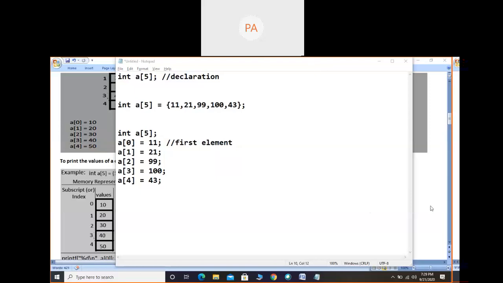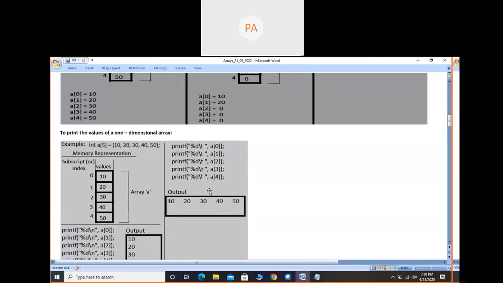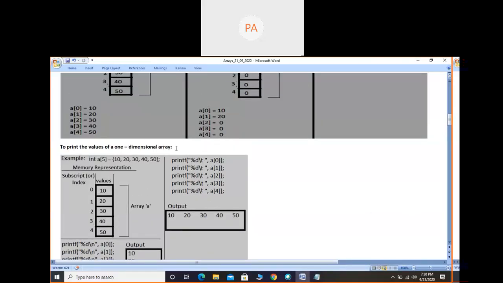Okay, so we will move further. To print the values of a one dimensional array.